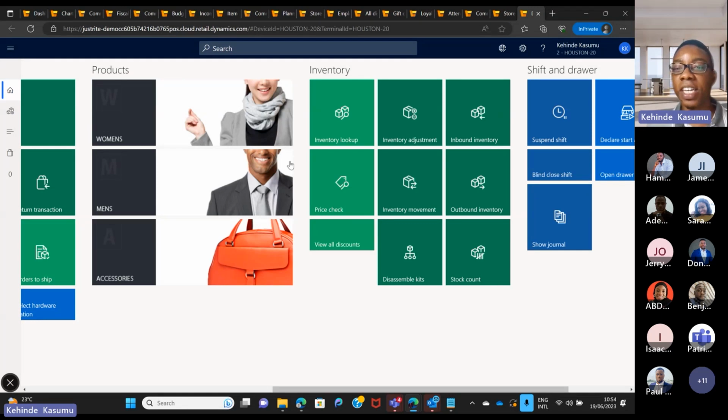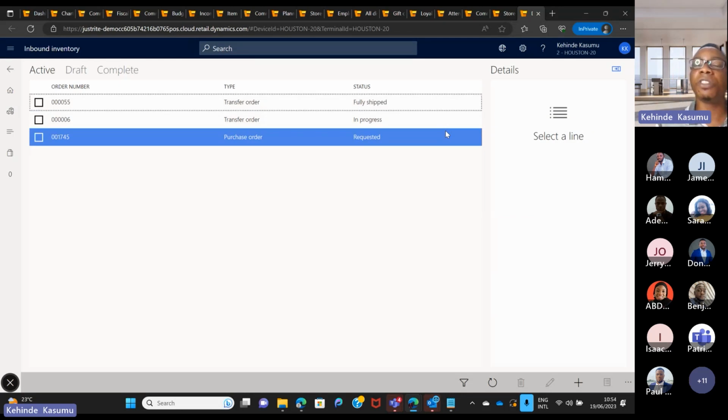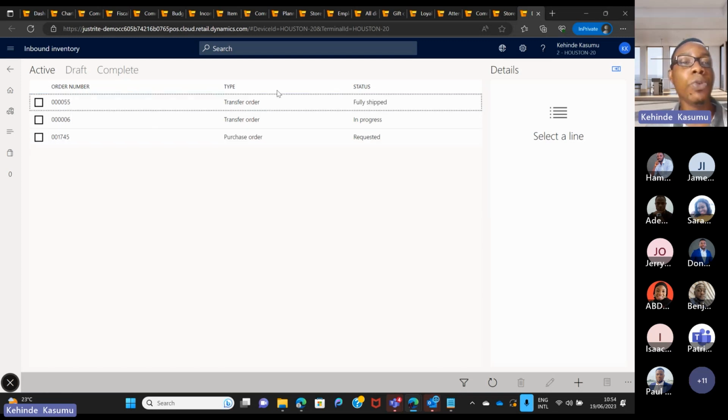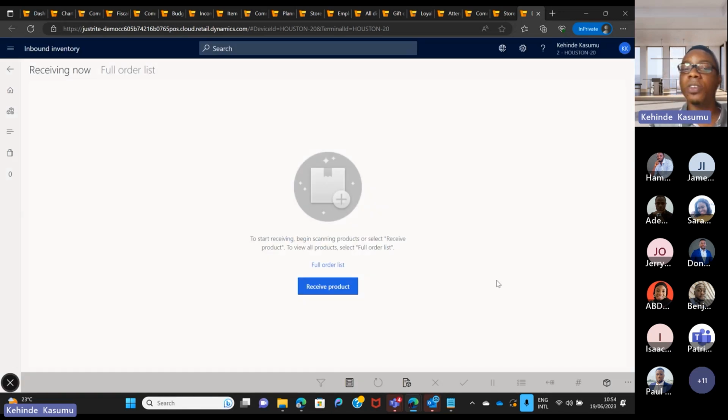Okay, we've talked about price check. You could see what you have from the store manager point of view. If you have an inbound inventory, meaning that to your warehouse or to your store you have a transfer coming in, or a shipment coming in, meaning you need to receive some products either from a direct supplier or from another retail store, you can view all inbound inventories here, and you can process them for receipts as well. Here you can see it says start receiving, begin scanning product. If you have a scanner, you just scan the barcode of the item which has arrived, and the system automatically lists it here, and you can process receipts.